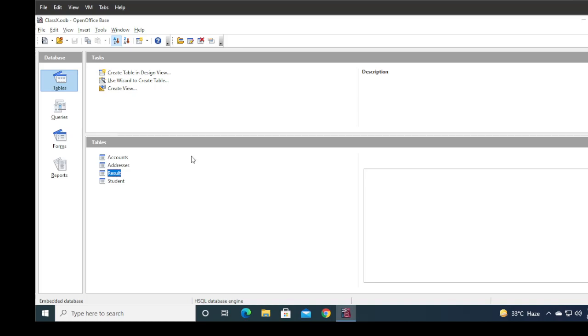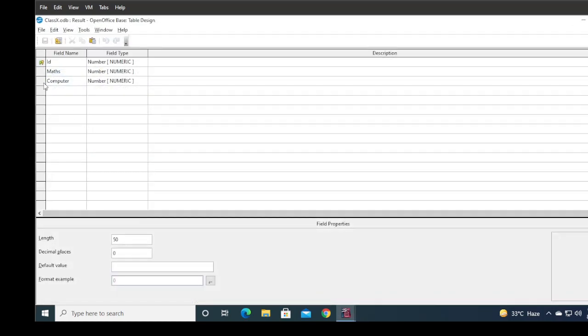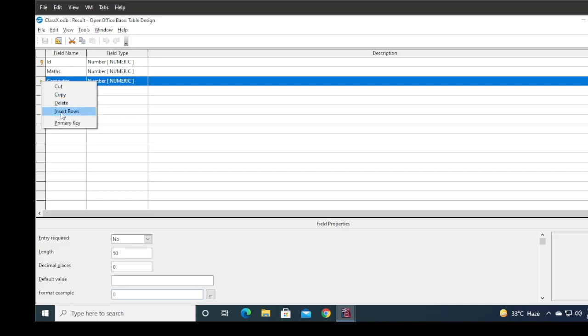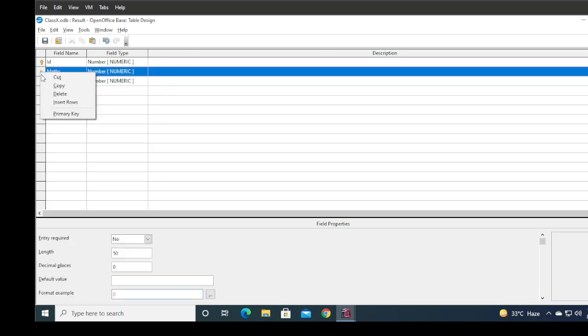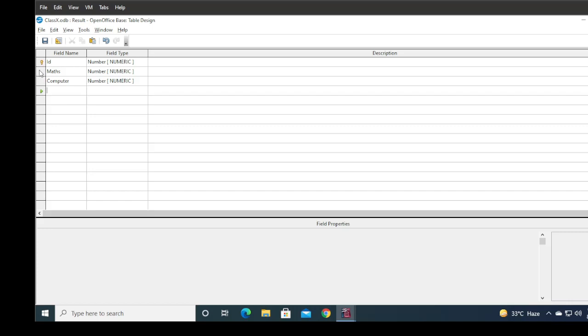So first we learn here adding fields. If you want to add one more field here, for example result, I want to add one more field in the result, then right click on it. Okay, and then you can click on the edit, and here if you want to insert here, so you can directly write here. Okay, and if you click here, and now you can see insert row. So always your row will be inserted at the end. You can see when you click on here, so your row will always be inserted at the end.